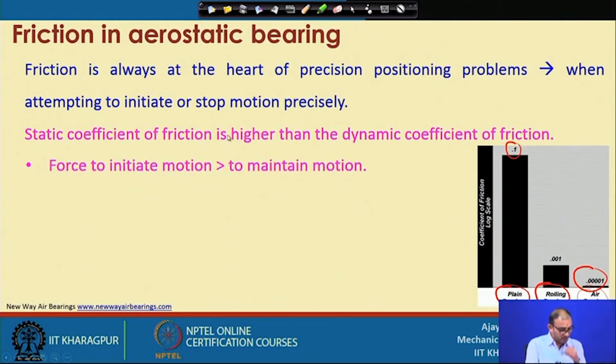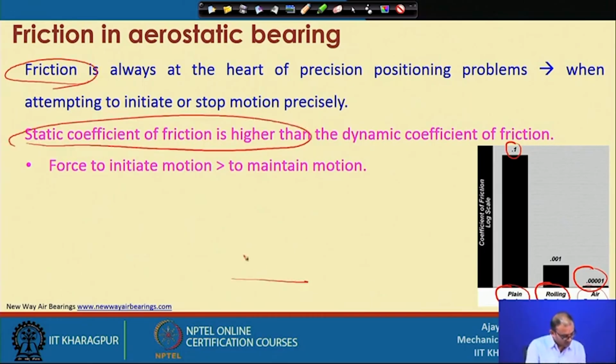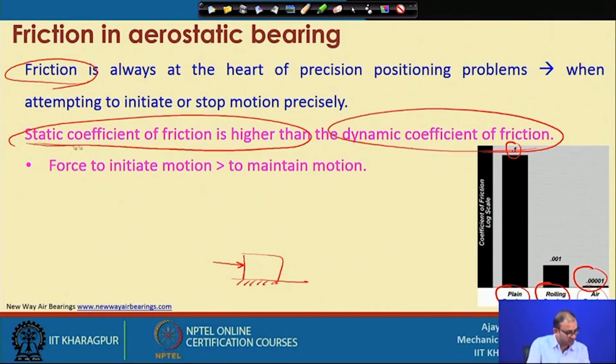So, what is the advantage here? Because of the friction, whenever you are starting the motion, as we have seen here, this is the component and we are moving it. Initially you need one force to move this particular component in one direction. Once you initiate the motion, you do not require the same force for continuing that motion. That is why the static coefficient of friction is higher than the dynamic coefficient of friction, correct. So, here you are getting, in a single motion,